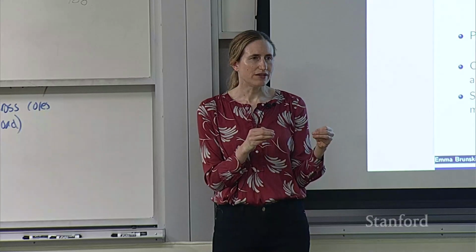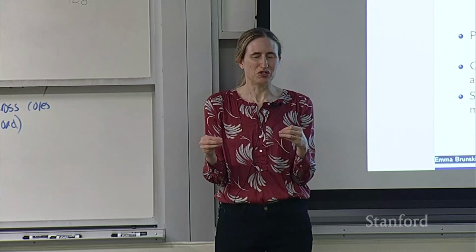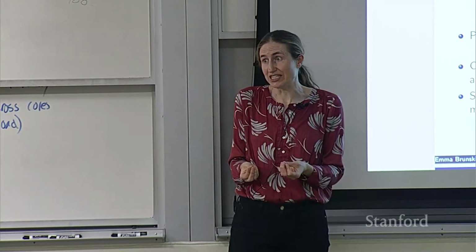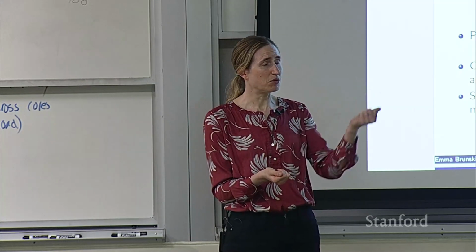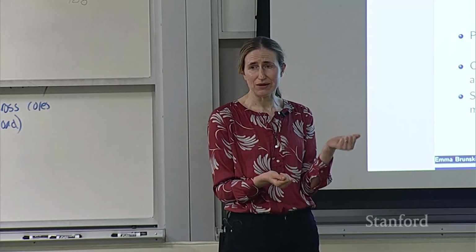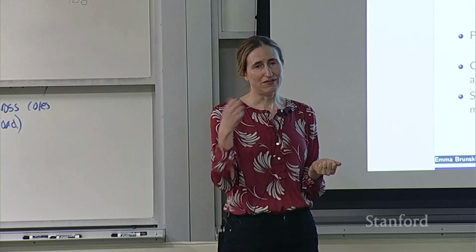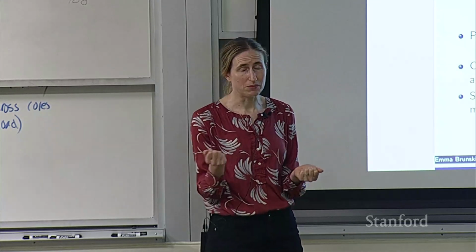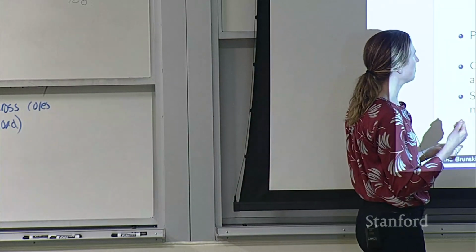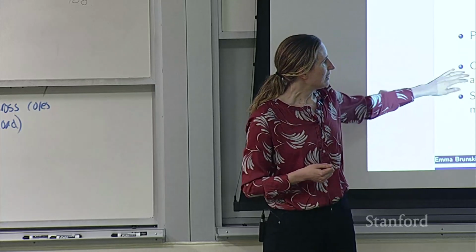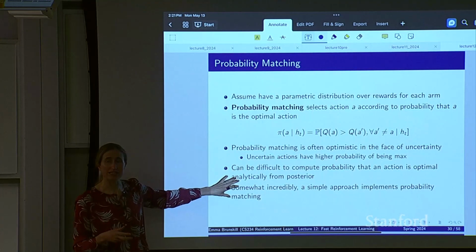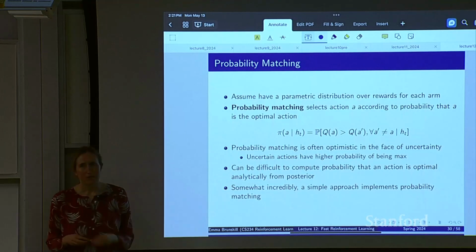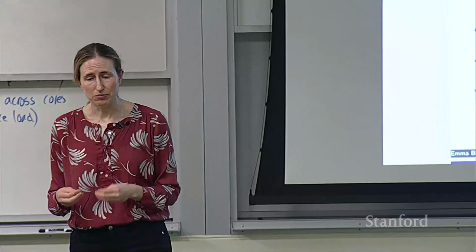I'm not going to tell you yet that that's formally a good thing to do in terms of regret, but you might imagine that's a reasonable thing to do. It says, if I think that arm is likely to be the optimal one with 60% probability, I'll try that with 60% probability. And if I think there's another arm that might be optimal, I'll try that with 30% probability. Now, in general, it's not clear how you would compute this. It seems like an interesting idea, but it turns out there's a really simple algorithm to compute it.